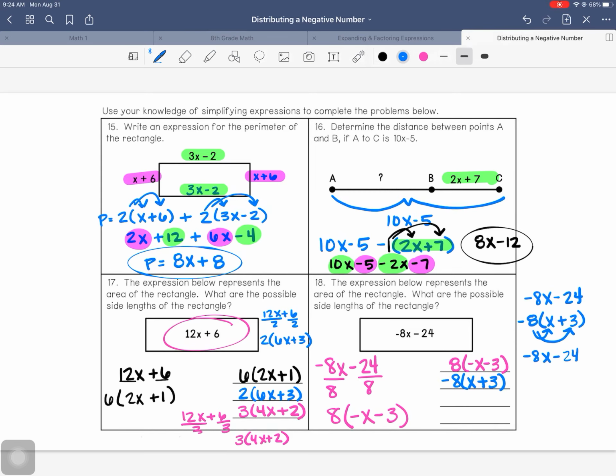Again, please make sure each one of these are in your notes. When you go back to Canvas, you're going to do distributing a negative number on Kami. Okay? If you have any questions,